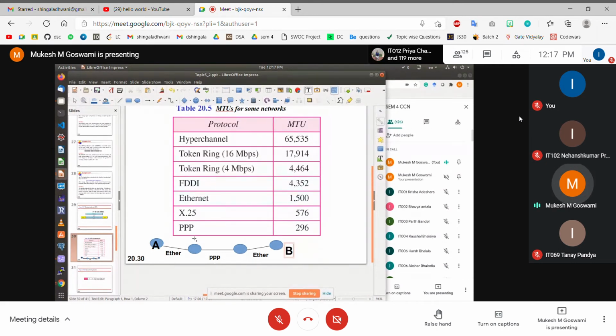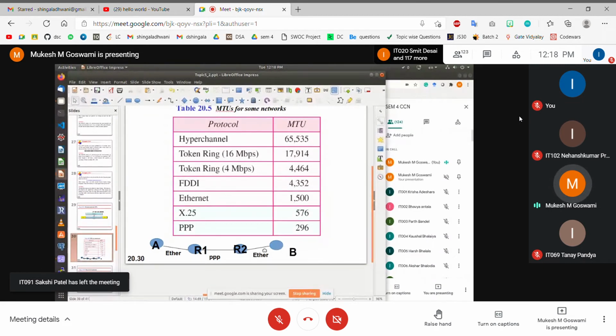In order to do this communication, I am going through two intermediate devices. The first intermediate device which I'm going to use here is R1, and the next intermediate device is R2. Okay. So the connection between device A and R1 is Ethernet. The connection between R1 and R2 is a telephone line which is using the PPP protocol, and the connection between the router R2 and the destination device B is again Ethernet. Okay, so it is like that.